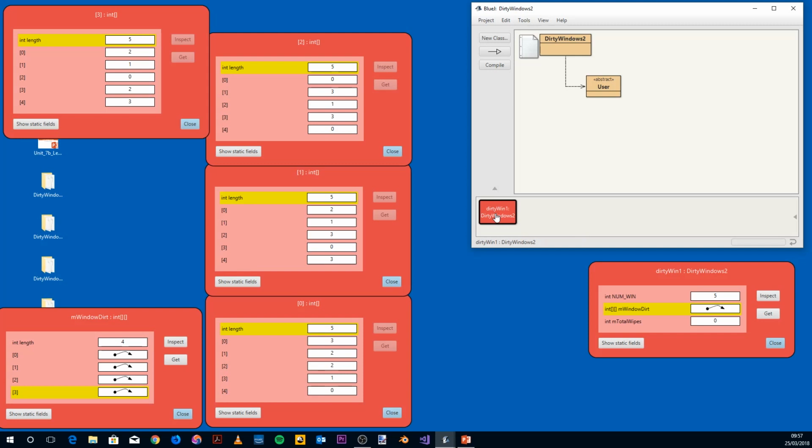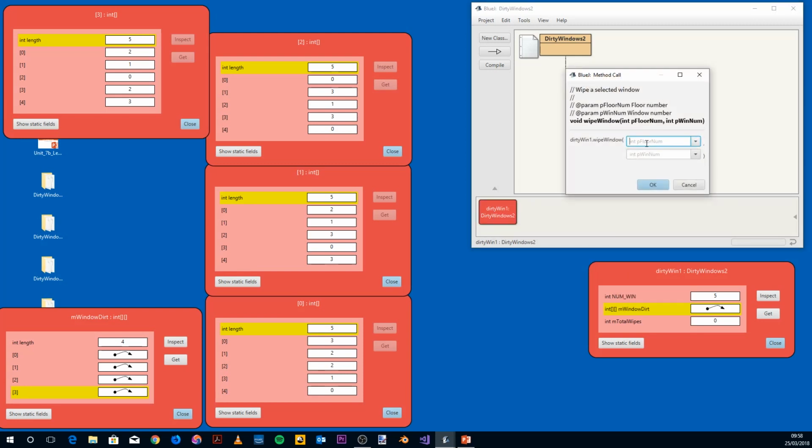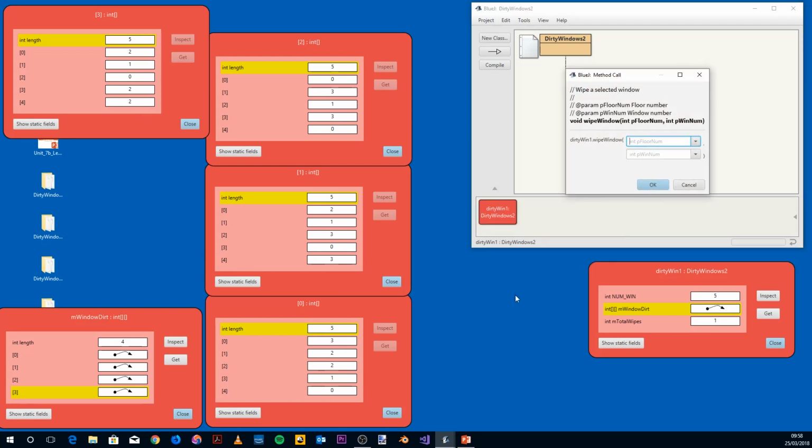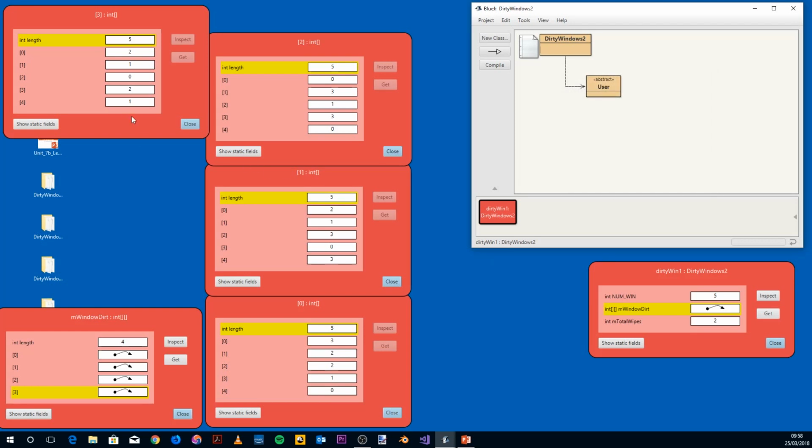So I'm going to call wipe window, and I want to call the window on floor 3, window 4. So this should drop down by 1, which it does. I'll do it again. Floor 3, window 4, drops to 1,